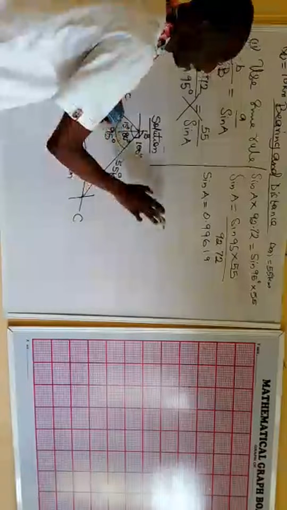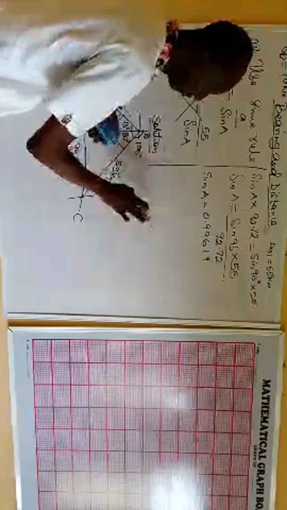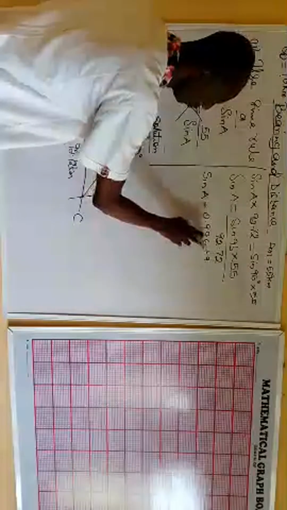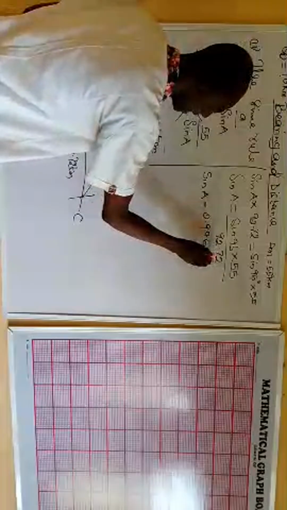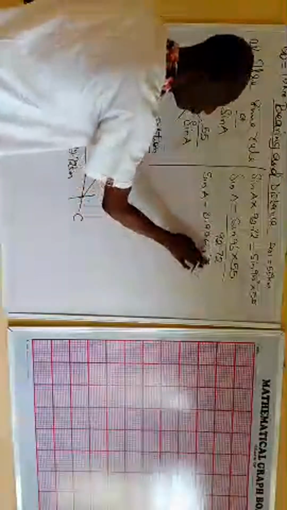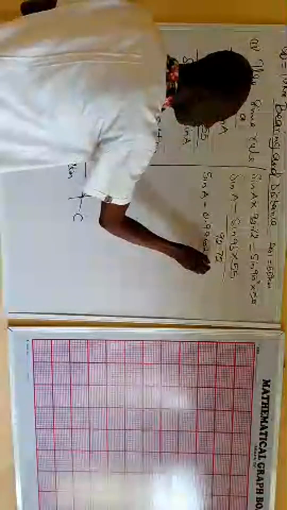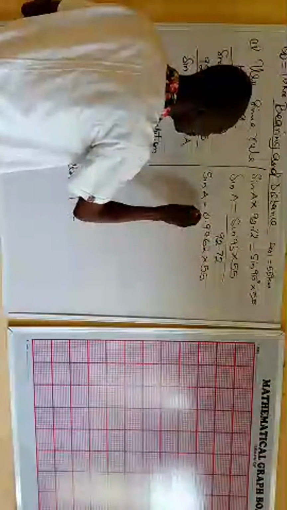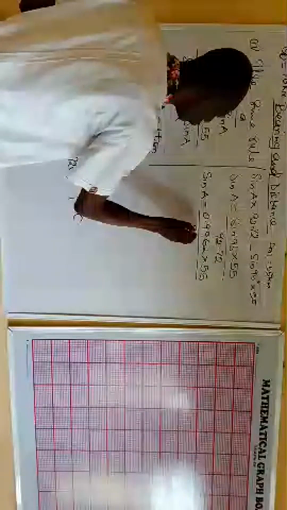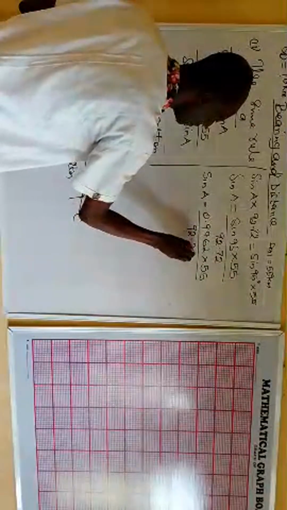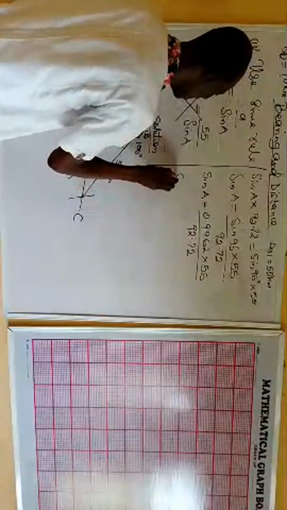Okay? I just have to write it because you want to use a calculator. This 9 is an approximable value, so here will be 2. Here will be 0.9962 times 55 over 92.72. So sine A,